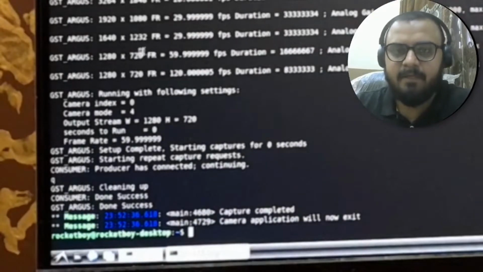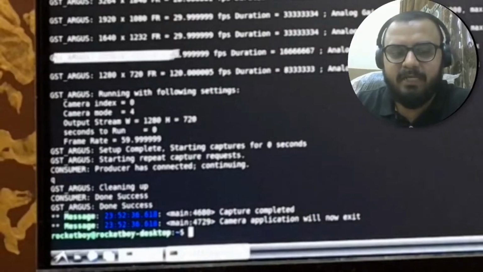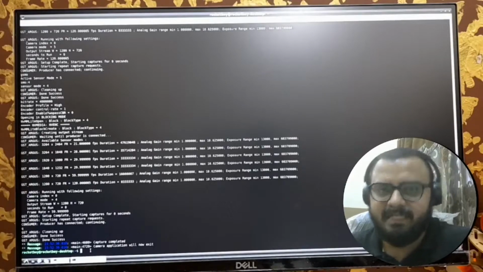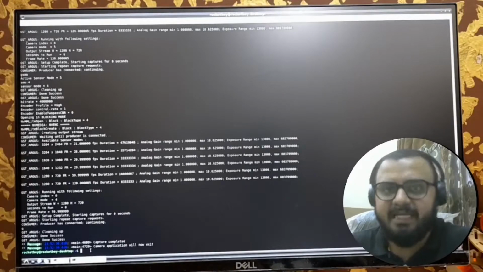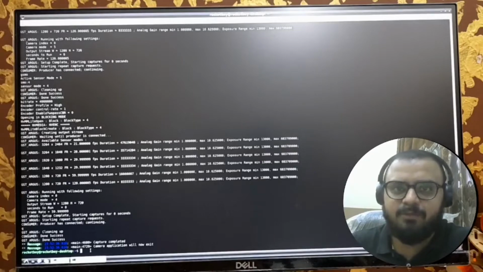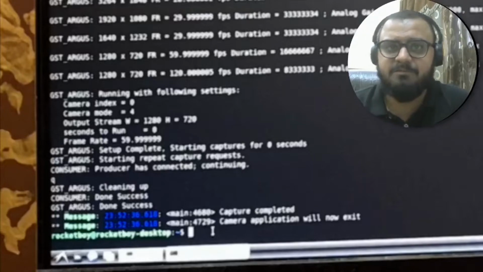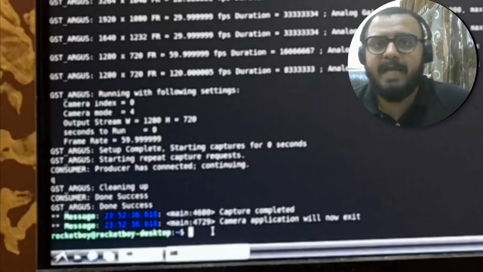Alright. So one thing I want to tell you is you don't need to remember all these values with respect to the different settings. I have attached a PDF with respect to this video in the description, so do check it out. The next camera setting which we will see is white balance.